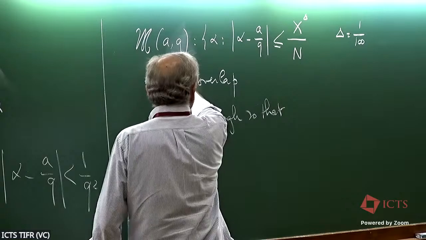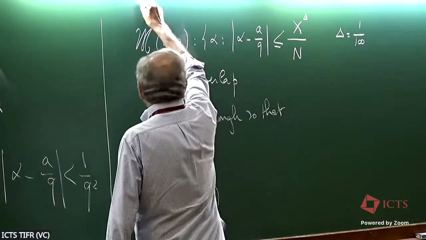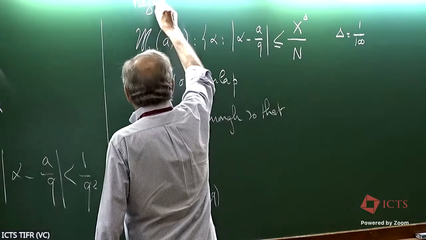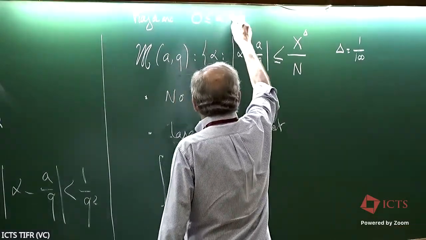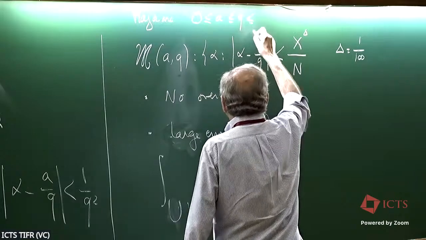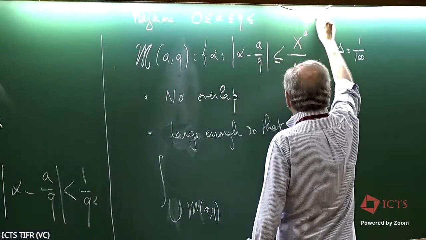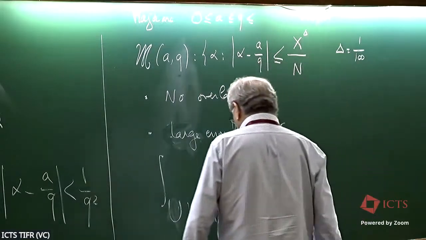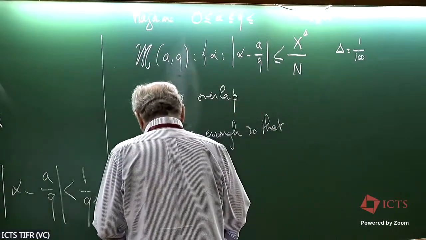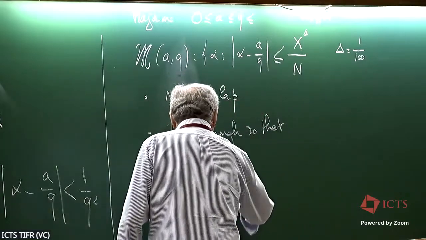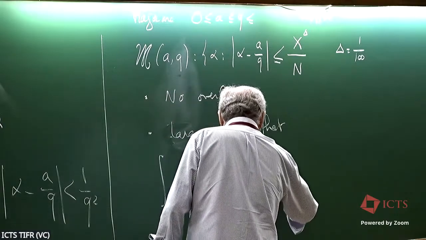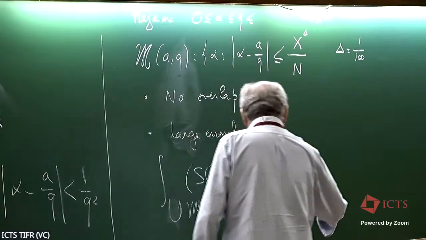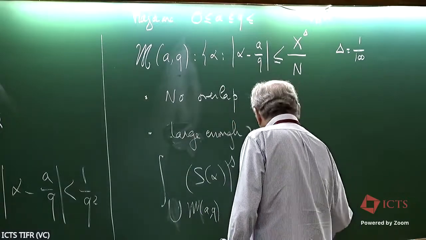So I'm going now to bound to say major arc. That is to say you have 0 less than A, less than Q, less than something, always (A, Q) equal to 1. And what you want is that the union of S alpha to the S e to the minus alpha n, this is equal to